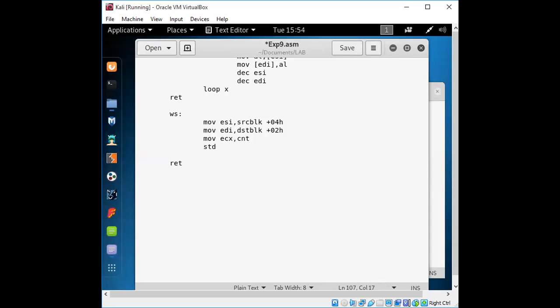So it identifies that it is with string, and we need the direction from which we are going to move elements. It will be completed with MOVSB, and the repetition of this for moving the elements, and then it ends.